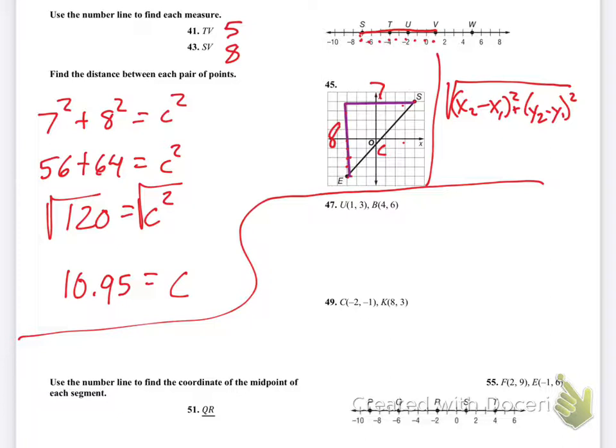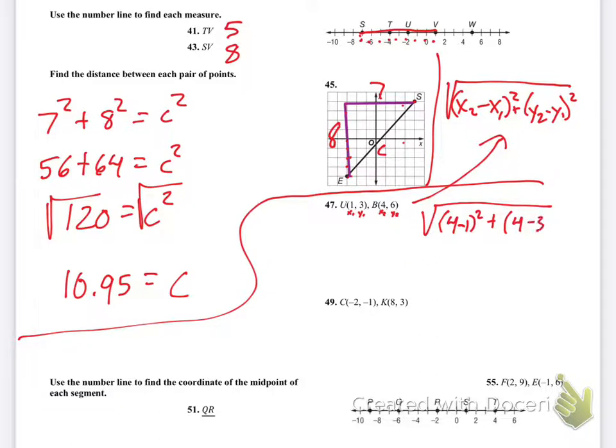So in 47, I have my first x and my second x, my first y and my second y. So all I need to do is take those and plug them in to wherever they need to be in the distance formula. So I'm going to get the square root of 4 minus 1 squared plus